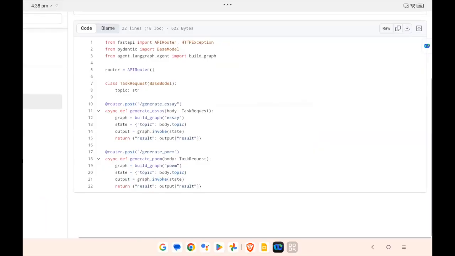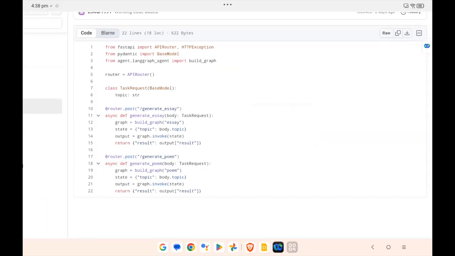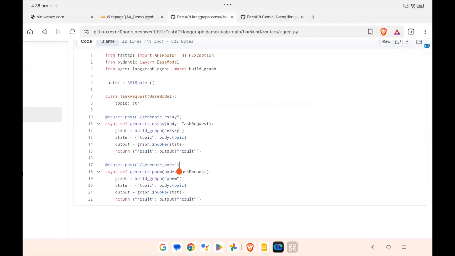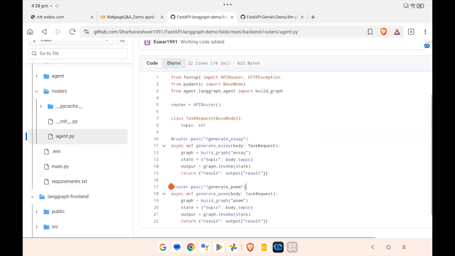But what is happening here is, I am building a graph, but that is just with one node. It can be a simple agent. I mean, it can be a simple LLM call as well, which is what is happening. But you can build more nodes. I will give another example of how it is happening. But right now, I will go to the LangGraph agent.